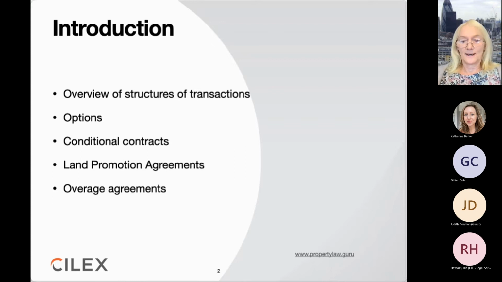And the price that you get paid on an option is not normally a fixed price. Normally, it depends upon the increase in value as a result of whatever planning permission the developer gets. And there will usually be some sort of agreement in principle in the heads of terms, if it's negotiated between agents, that the developer will get some sort of discount on the market value to reflect the amount of money that the builder has had to spend on consultants, and possibly also the costs of putting in infrastructure, drainage, access roads, improvements, and so on.